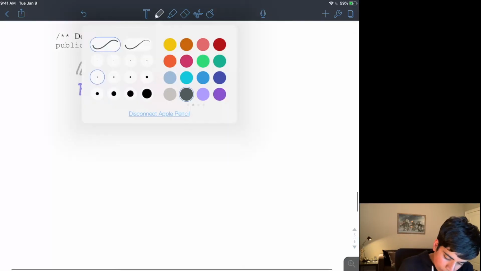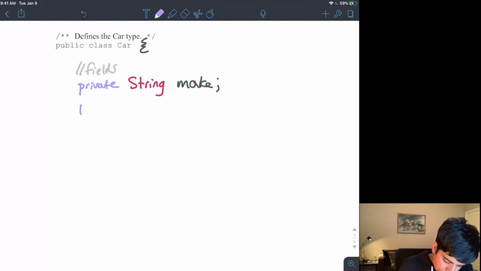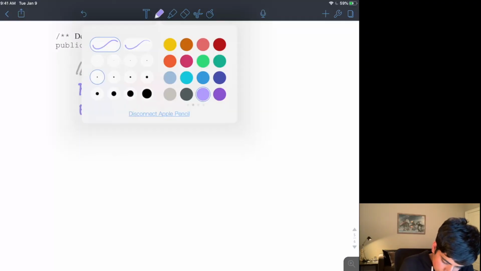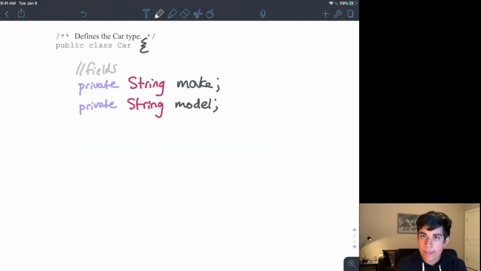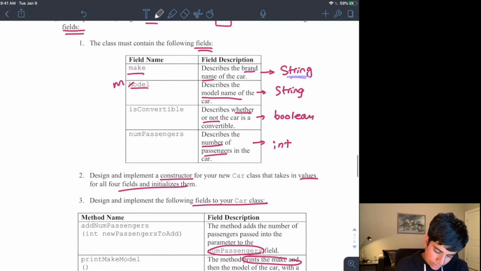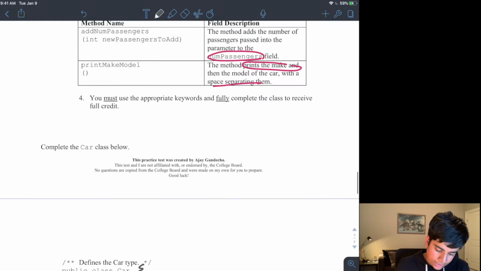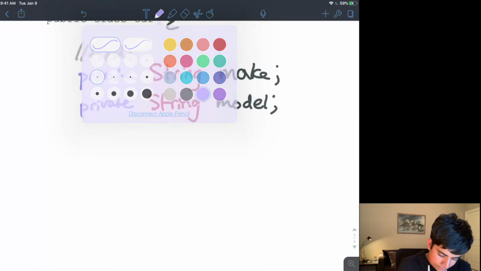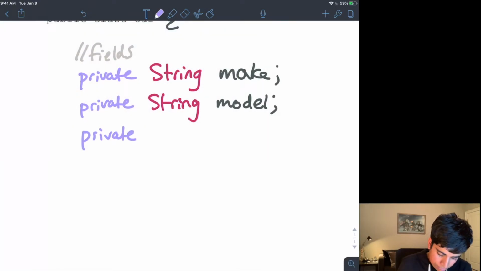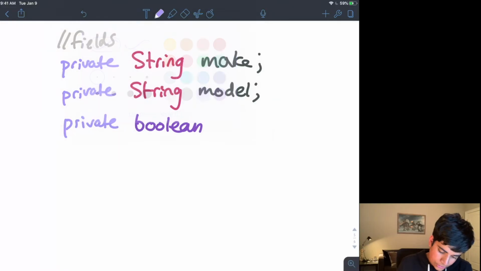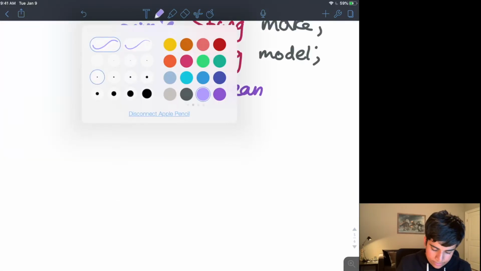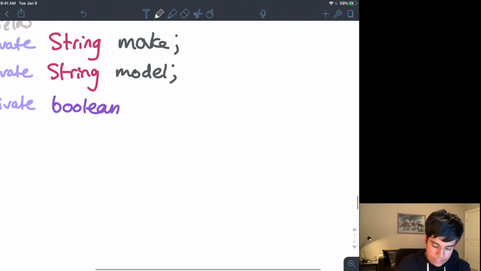And then I have model, which is going to be private string, which is the type, and then model, which is the name. Now my third is going to be is convertible, and that's going to be a Boolean type. So I'll have private, and then Boolean, and I'll be using purple to specify because it's a primitive type, just for color coding here. Then is